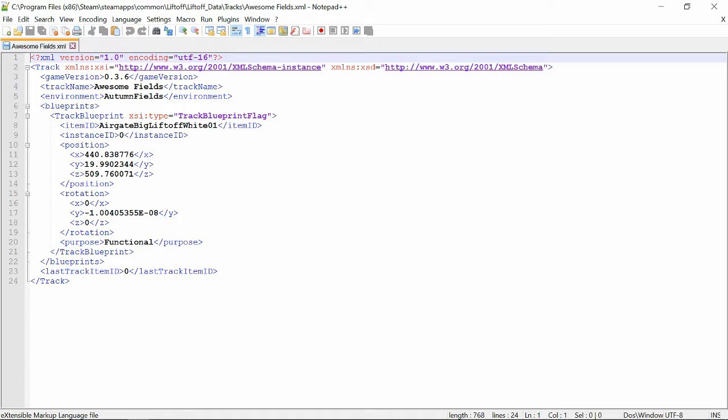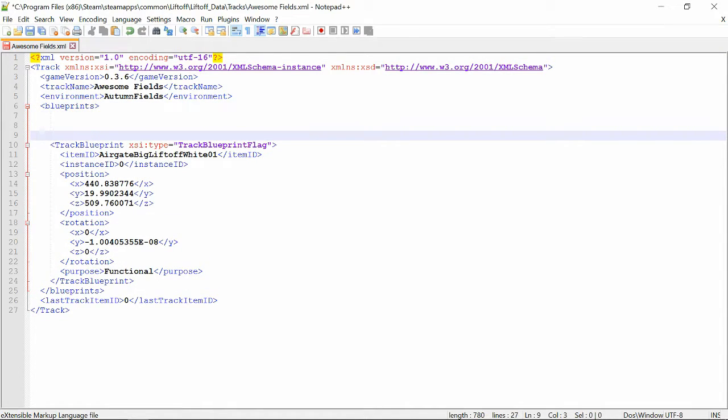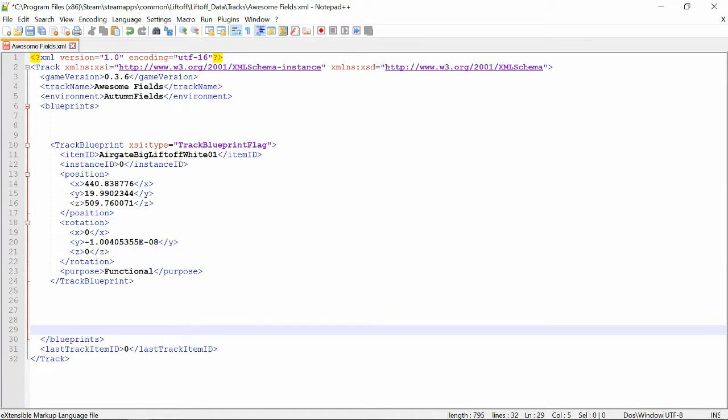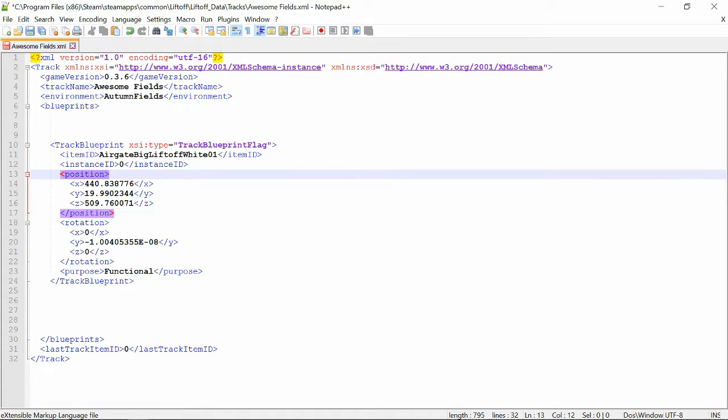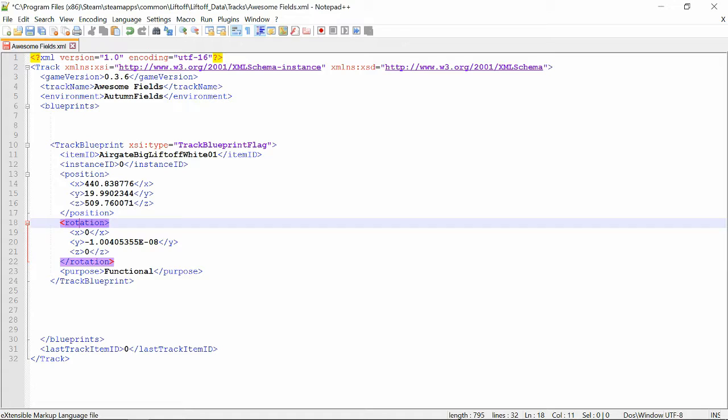Now you don't need to pay attention to the majority of the data that's in here, but what you really want to take a look at is the track blueprint. This has the item ID, which is right here, and the name of the asset that I used. Traffic cone and all the other gates have different names, but don't worry about that. Liftoff will put that in there. Then you have the instance ID, and what I really want you to take note of is the position and the rotation. When we plop down that gate, it had